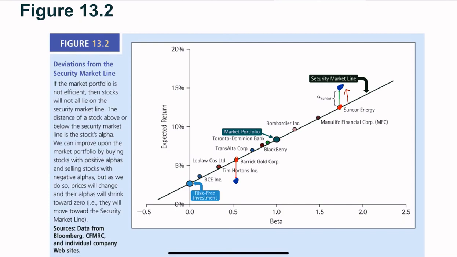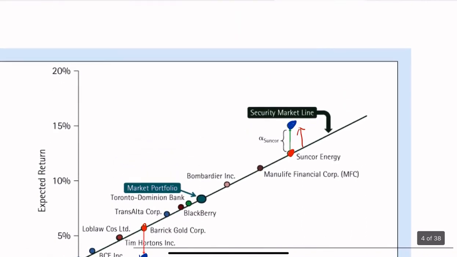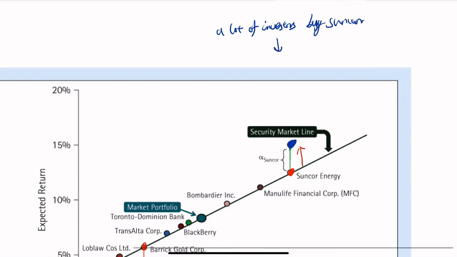Now think about this. If a lot of investors are trying to buy Sunker's stock, then it will push up today's price. So let me write down here. What will happen here is a lot of investors would want to buy Sunker. Now, what will happen? Well, Sunker's price will get pushed up. Its price will increase. If Sunker's price increases, then Sunker's return will decrease,